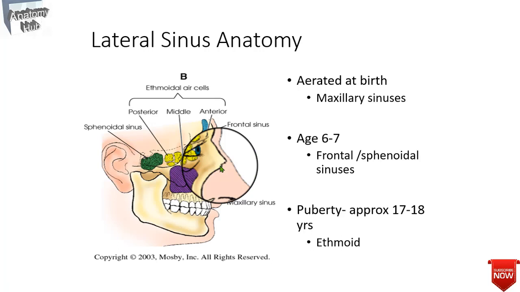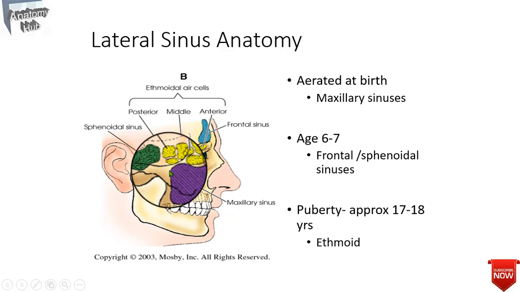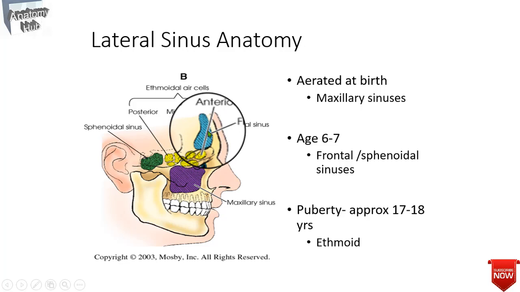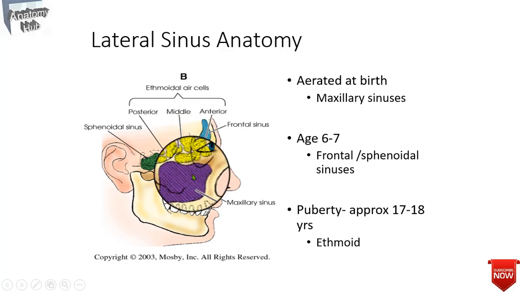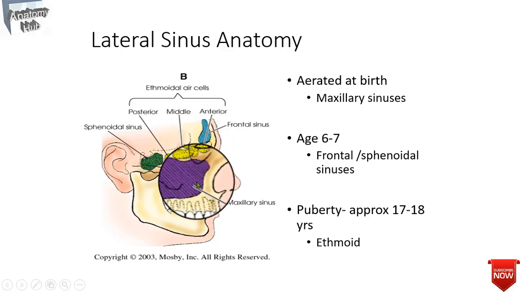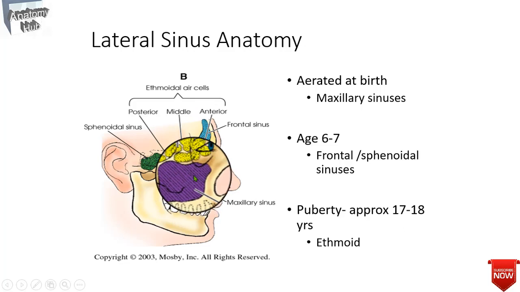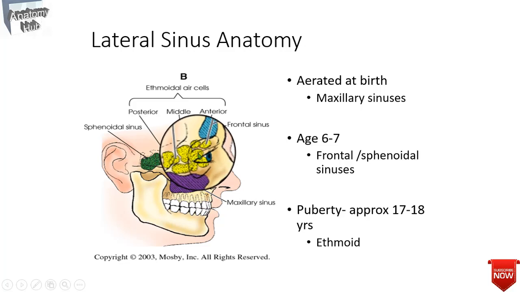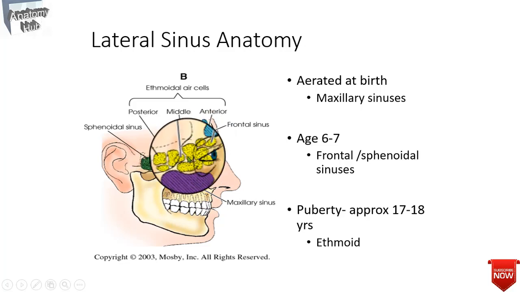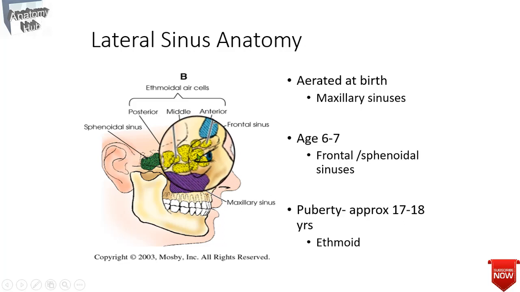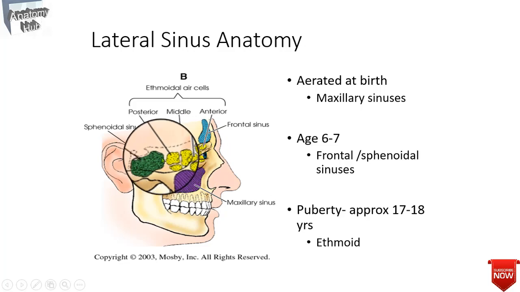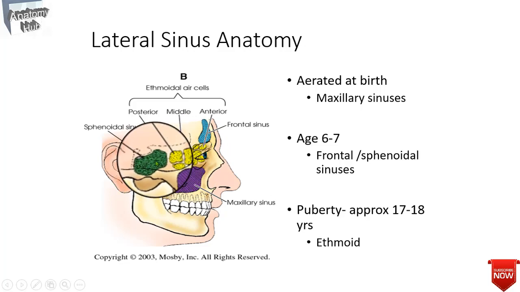So at the lateral side, you can see how the sinuses are arranged. So here you'll see the frontal sinus at the frontal bone. Here you'll find the maxillary sinus inside the body of the maxilla, and here you'll find the ethmoidal air sinus that actually has the three parts. Here you'll find the anterior part, the middle part, and the posterior part, and just posterior to that here you will find the sphenoidal air sinuses.